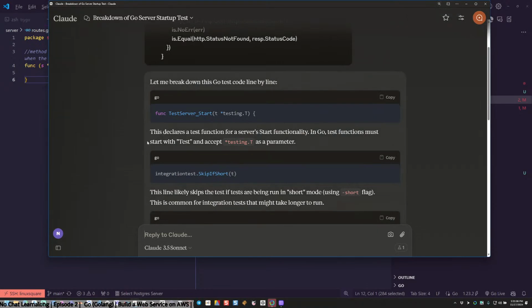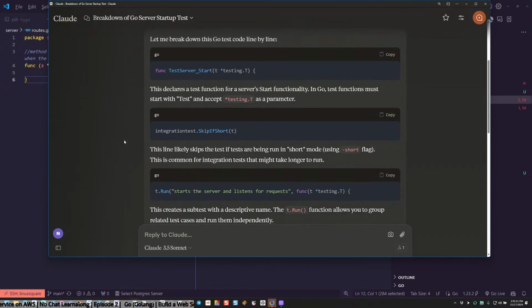So func test server start. Pretty obvious. Just our signature. That part is fine. Oh, so even that is convention. The naming in Go test functions must start with Test and accept a pointer to testing.T as a parameter. Okay. Well then, at least I know that'll repeat, or I mean, it'll be reused, so that's convention.